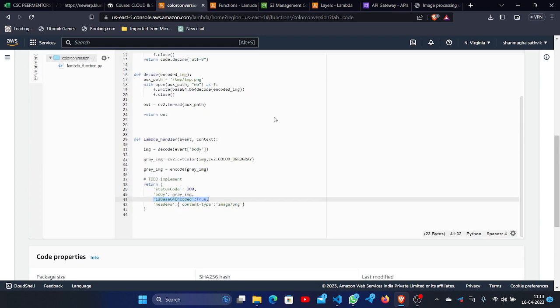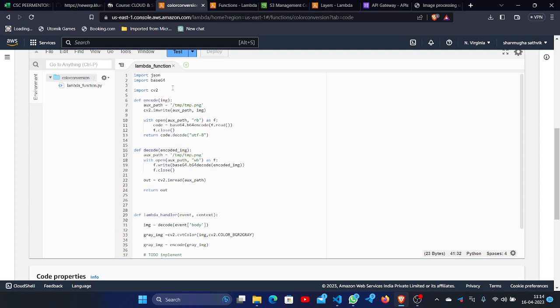Okay, so in order to run this, first we need to import these two: import cv2 and import base64. You may wonder what happens if cv2 is not included in our runtime Python libraries. See, cv2 is not included in the runtime, and base64 is also not included in the runtime. So what we are going to do is create a